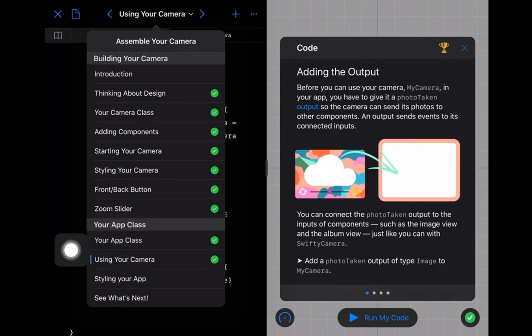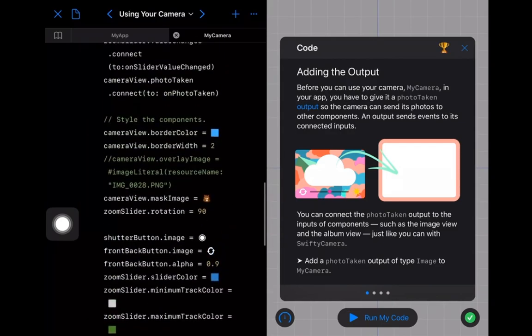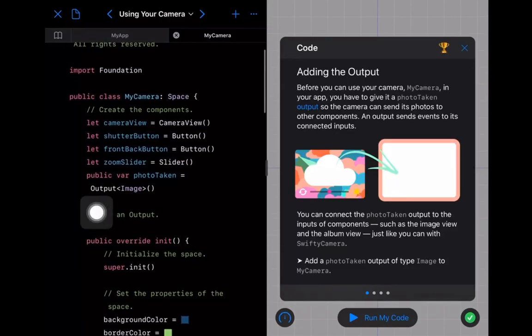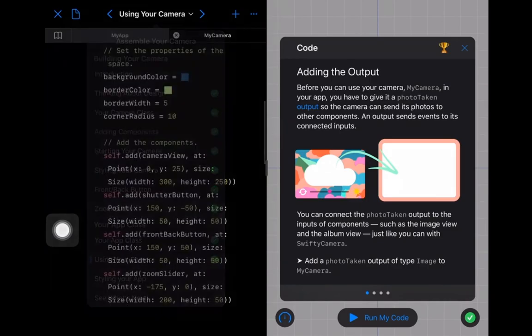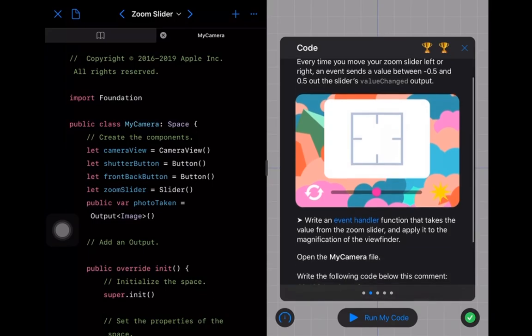We added a zoom slider that you recall. We have this on slider value changed function that gets called every single time you drag your finger on the slider. And it basically sets the camera view zoom to the value of the slider plus 0.5. So you'll remember, where was the value here? So here's our zoom slider. When we looked here in the zoom slider page, it explained to us that